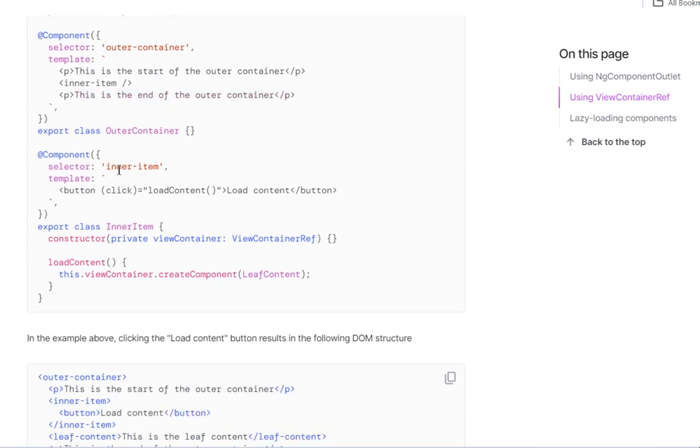See, in the inner item we have a template. Define a button with an on click event, load content. Once we click on it, the load content method basically hits the createComponent for leaf content. In the above example,